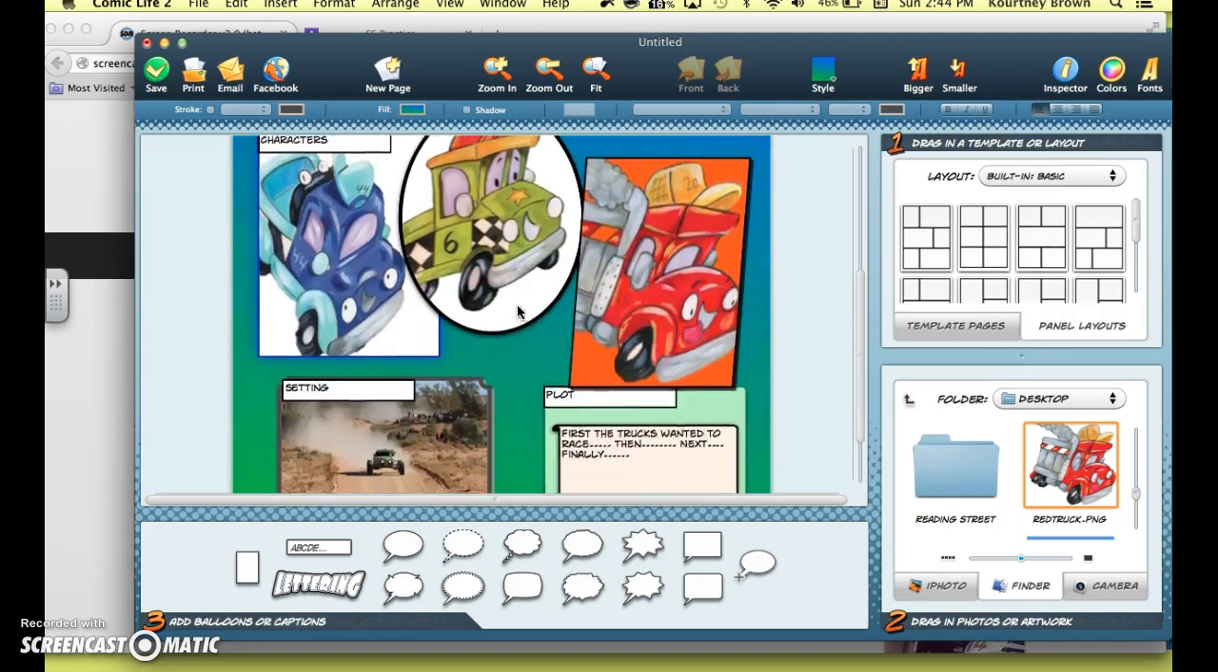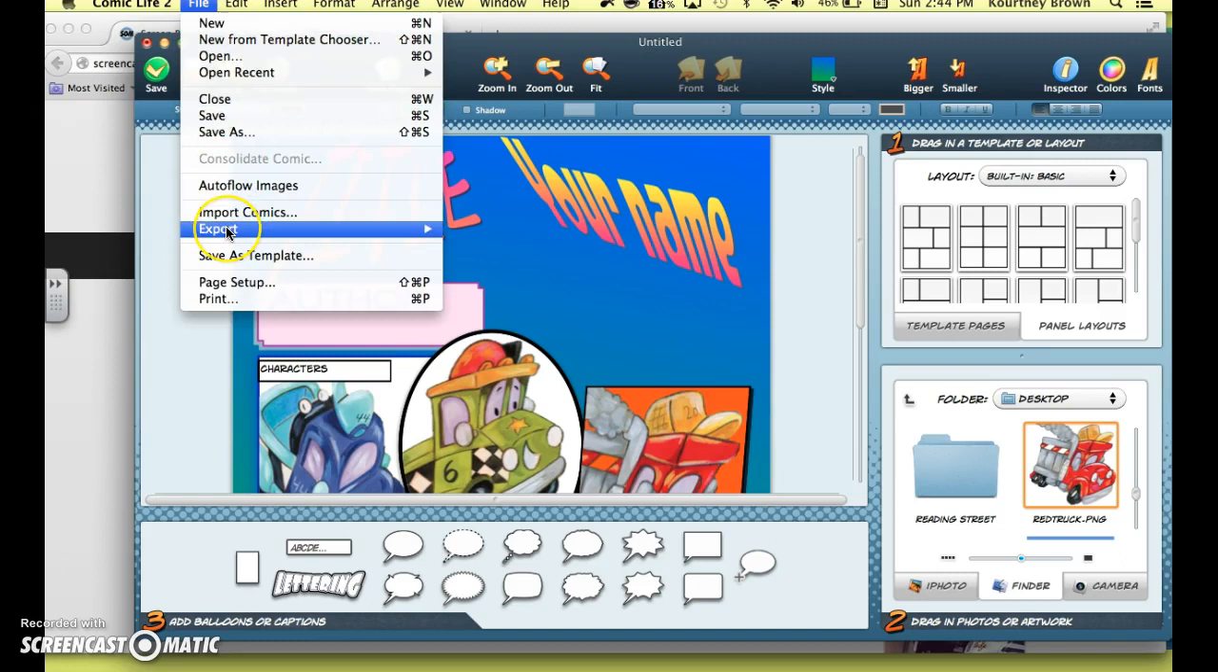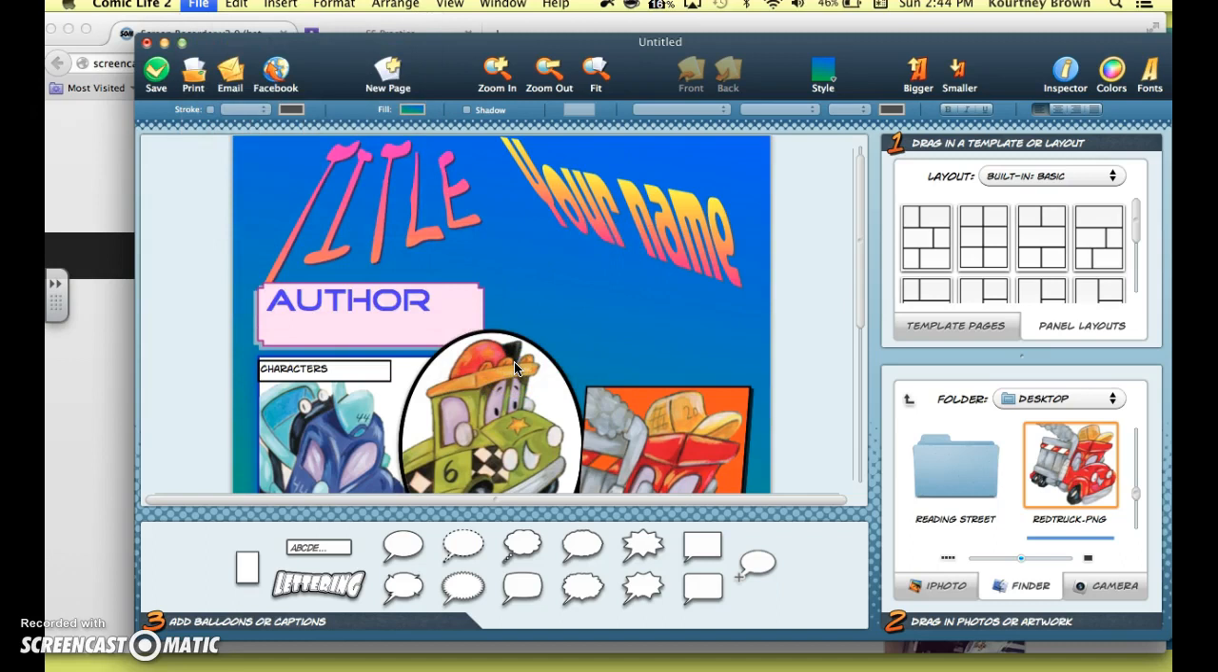Alright, so now I'm ready to turn in my Comic Life. Instead of just clicking Save, what you need to do in order to turn it in on Google Classrooms is click File, Export, and then you have a bunch of choices over here. You need to choose Export to PDF, the very last choice. Export to PDF. So I click that button,